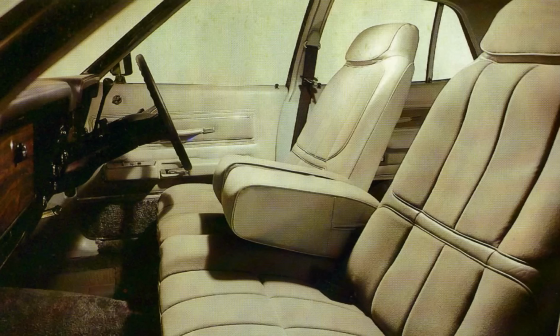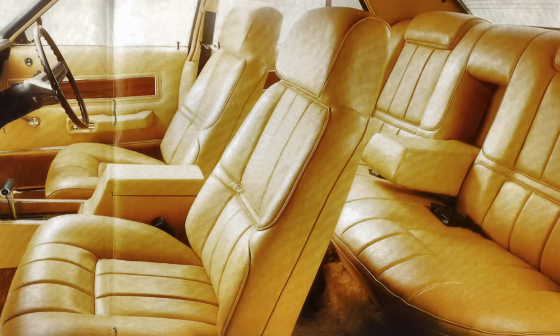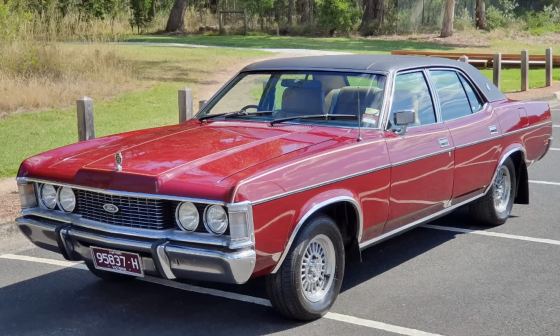The cashmere cloth was what was on the Fairlane as standard. The later series Marquis moved to the leather interior. They also featured the T-bar automatic with the center console. The early series Marquis had, as I said, twin comfort lounge seats with the column shift. As I mentioned before,